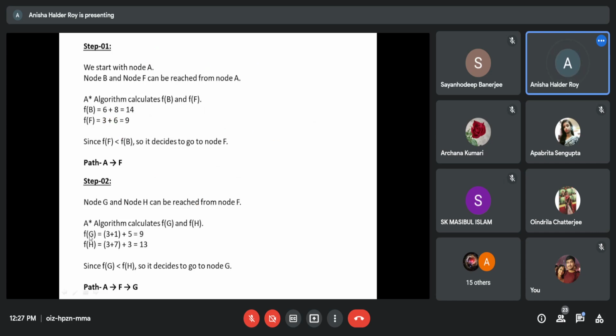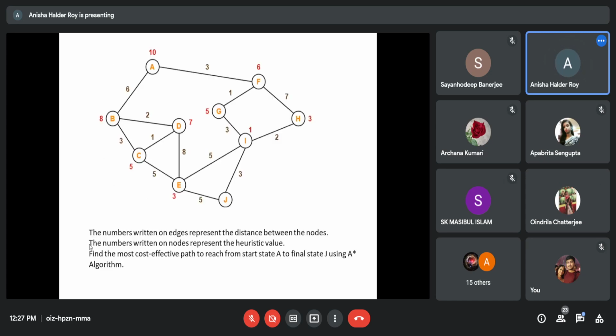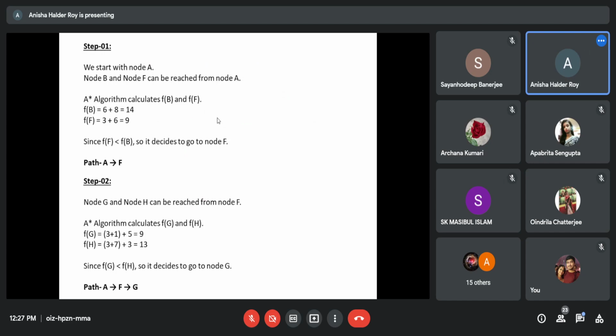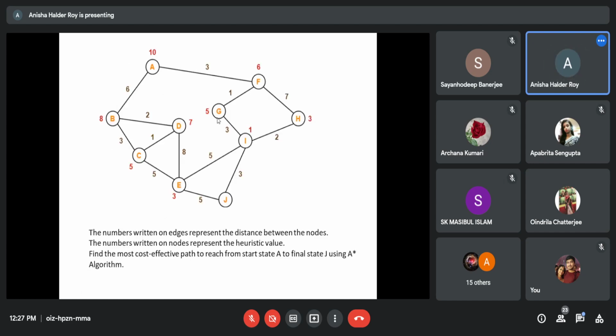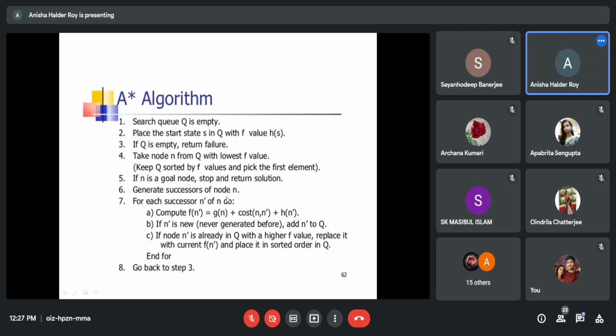F to G, follow the F to G path, or F to H. So, F to G is 5 plus... Gn is coming from the starting node.